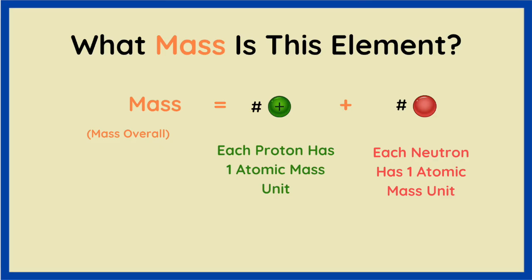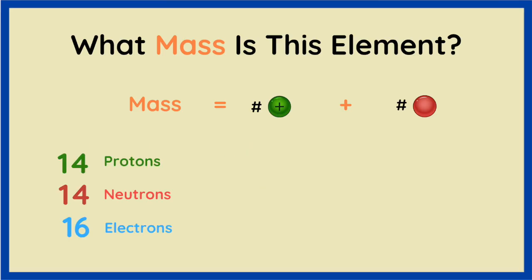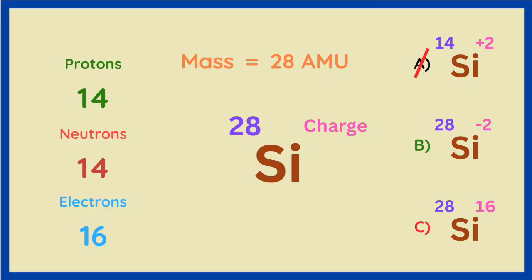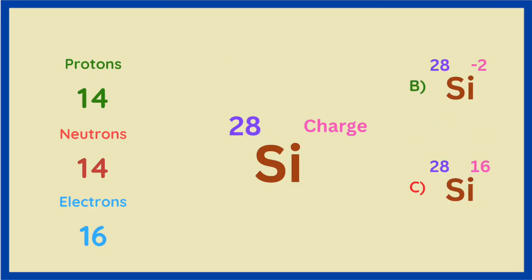That means that the mass of an element is just the sum of all the protons and neutrons, because each is exactly 1 AMU. And since our silicon isotope of interest has 14 protons and 14 neutrons, the total mass is going to be 28 atomic mass units. So 28 is going to be the number, and notice that we leave out the AMU when we attach it to the isotope diagram. Now we have 2 options left, and charge is the deciding factor,